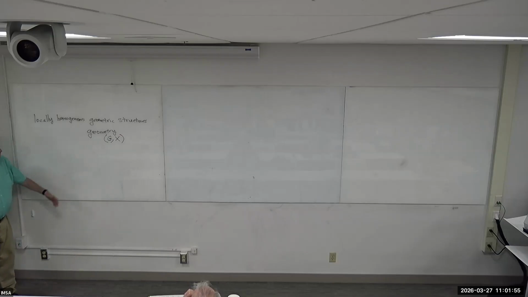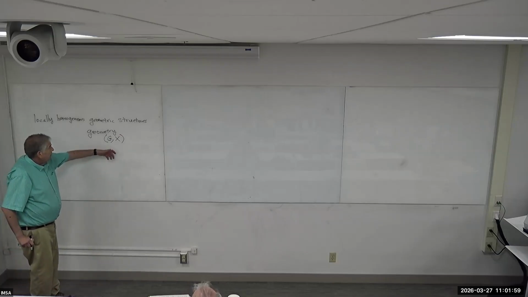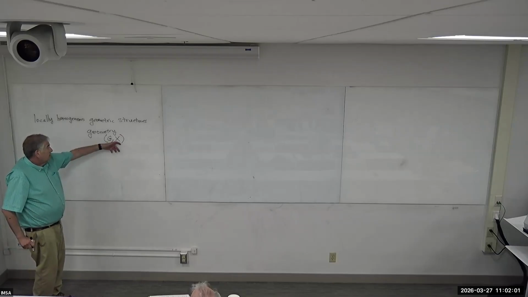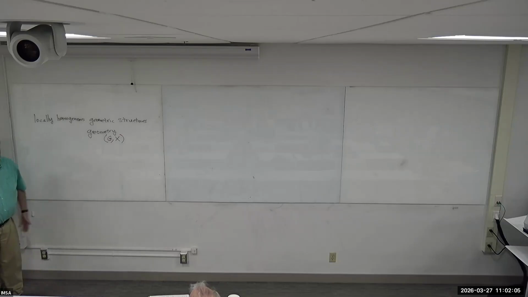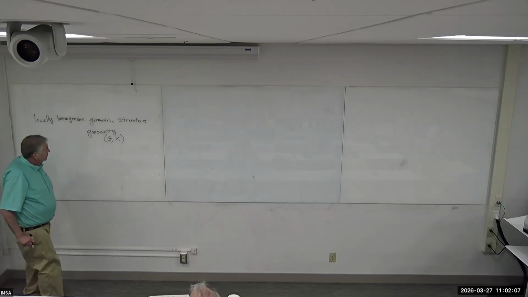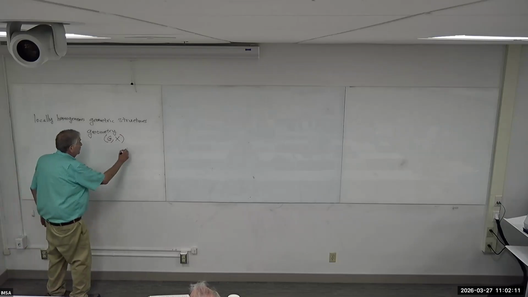So according to Klein's Erlangen program, geometry is the study of things on X that are invariant under G, a transformation group. Okay, so this is a homogeneous space,